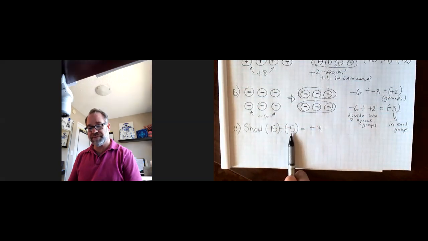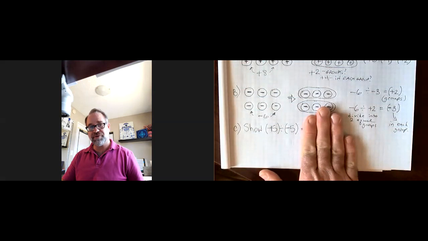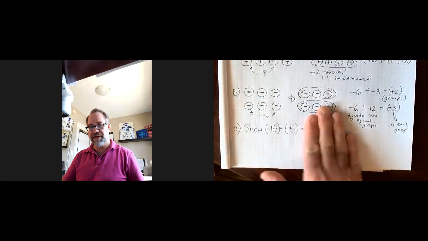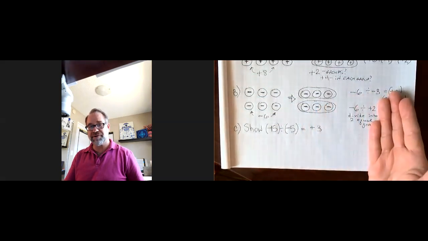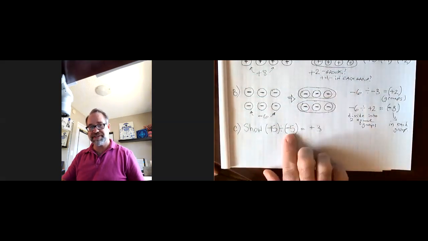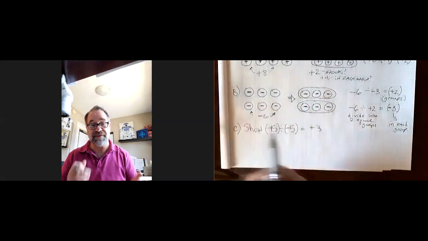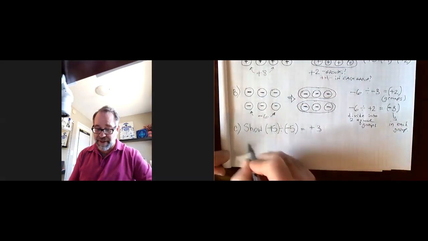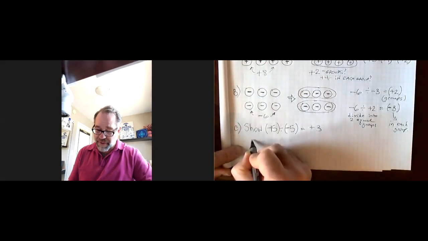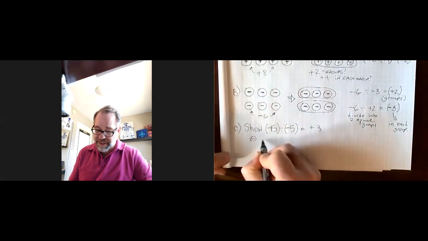Now in this case, the only way to show that it's 3 is if I'm dividing by my -5, because this time when I'm creating the model, I don't know how many groups there are going to be. That information comes after. What I do know is, because it's a negative, that I'm making groups of -5. So in this one, there's only one answer. The answer has to look like -15